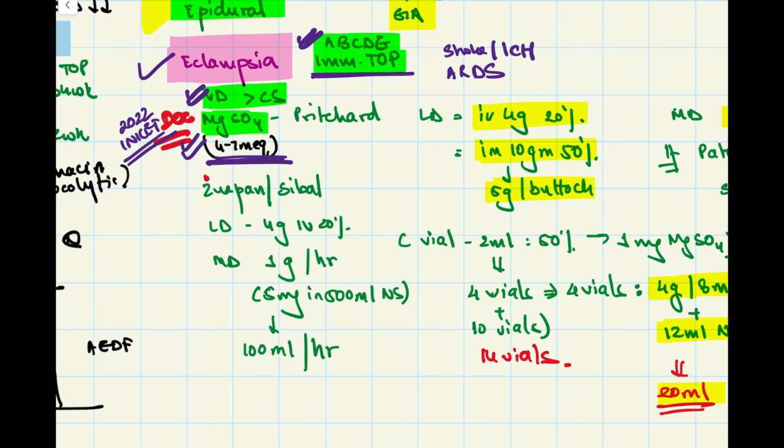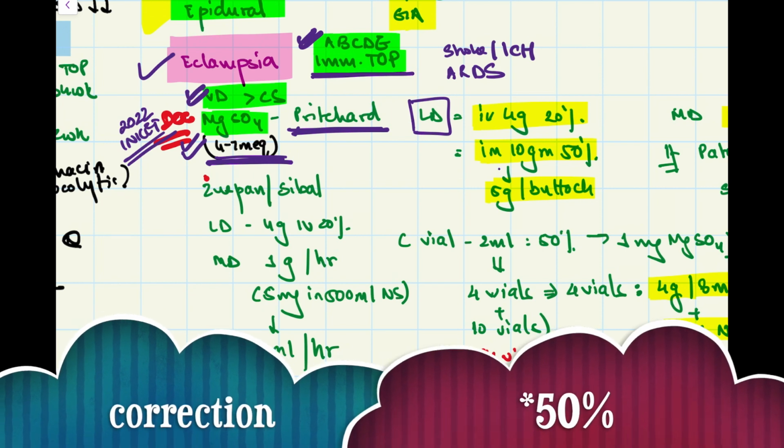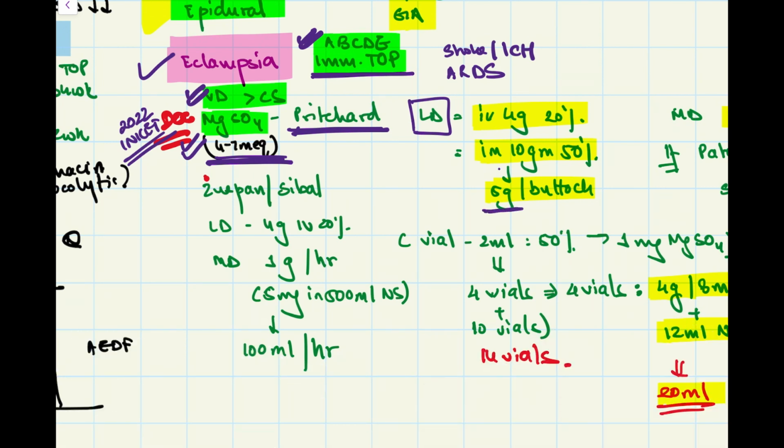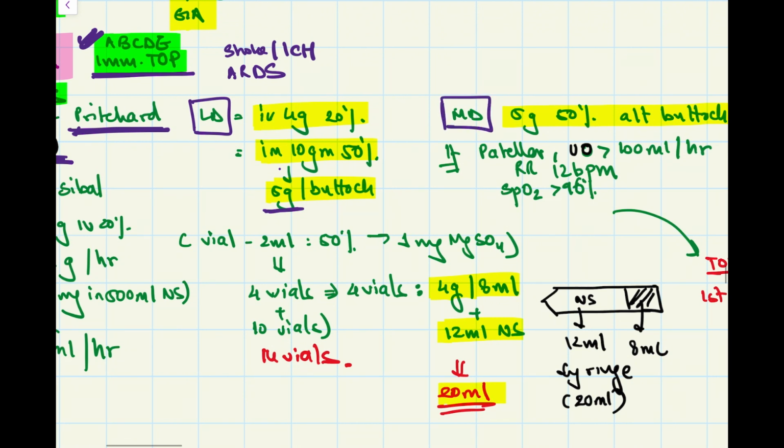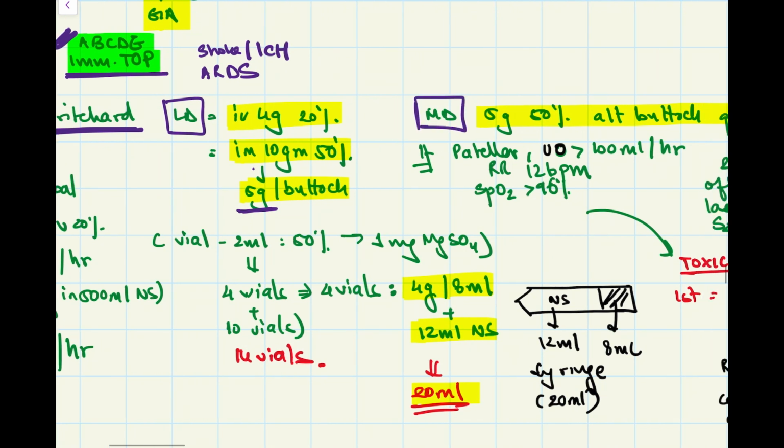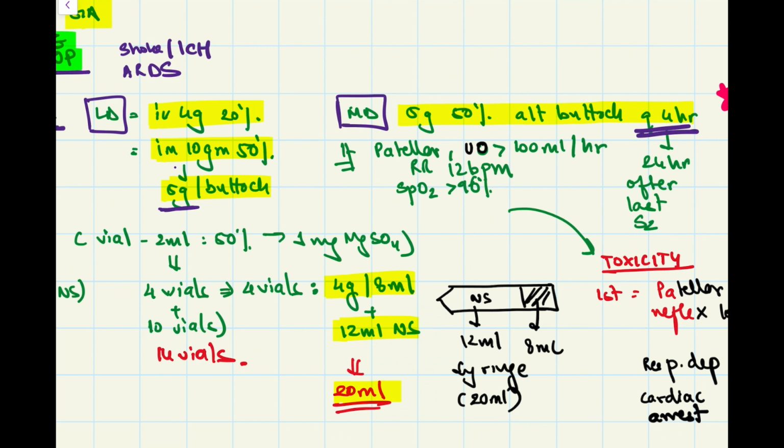It is given by Pritchard's regime, that is the loading dose is IV 4 gram 20%, followed by IM 10 gram 10%, which is given 5 gram per buttock, while the maintenance dose is 5 gram 50% in alternate buttock. Now, it is given every 4 hourly till 24 hours after the last seizure. Now, for monitoring, you measure the patellar reflex, urine output, it should be more than 100 ml per liter,